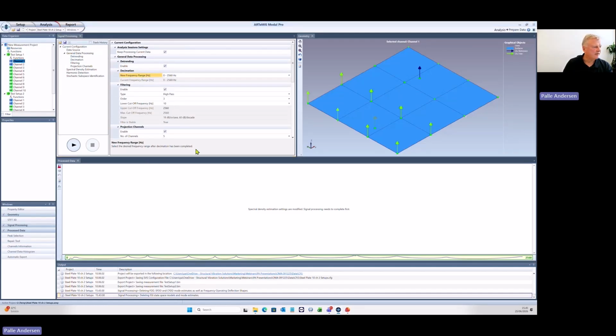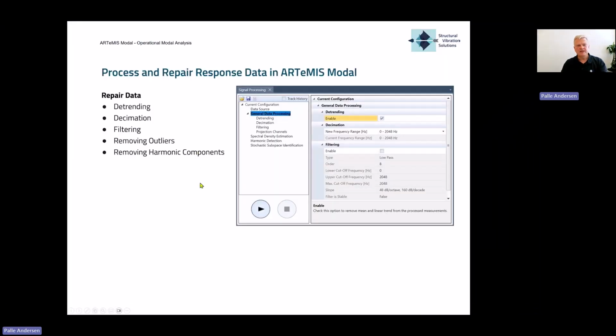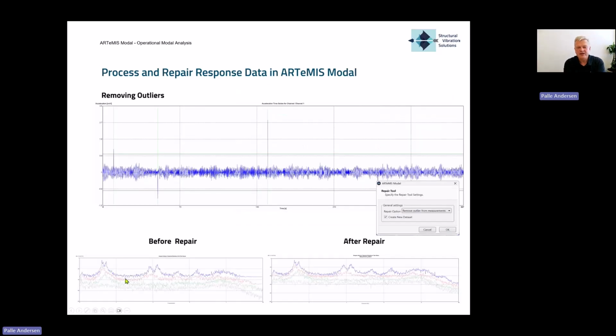Let's see then, let's go back here, see if I can find the right, so here. Then we have touched these three here, how they can help us getting rid of things like linear trends and growing trends. There is also outliers, for example. And outliers is also something that, of course, is not desirable in the data. And here we have a tool